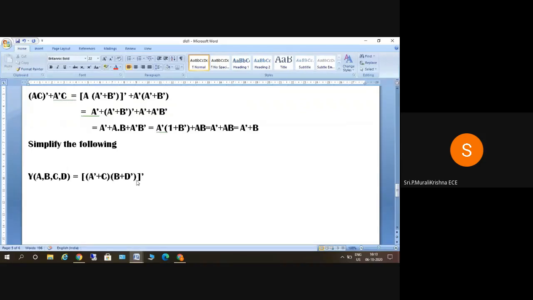So Y of ABCD is equal to (A bar plus C plus B plus B plus